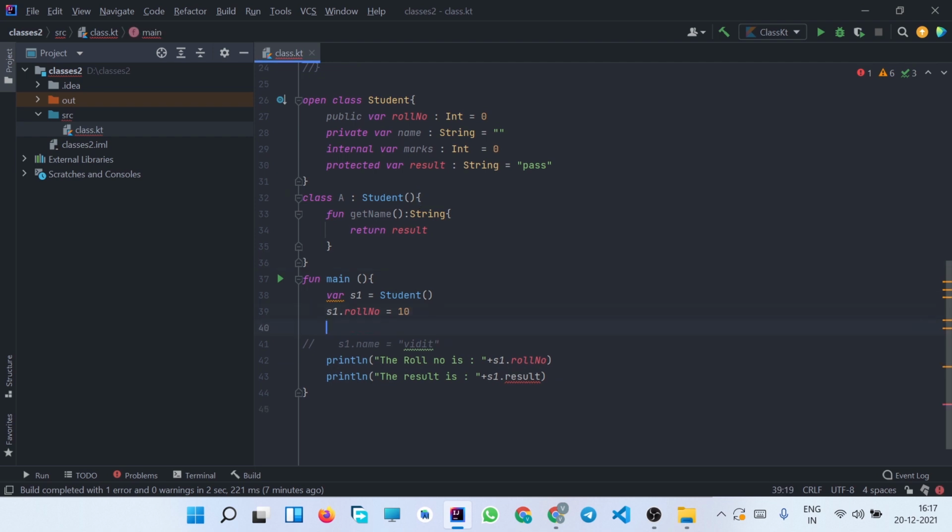Before that we need to initialize it with some value in the main function. So let's say result is equal to fail.